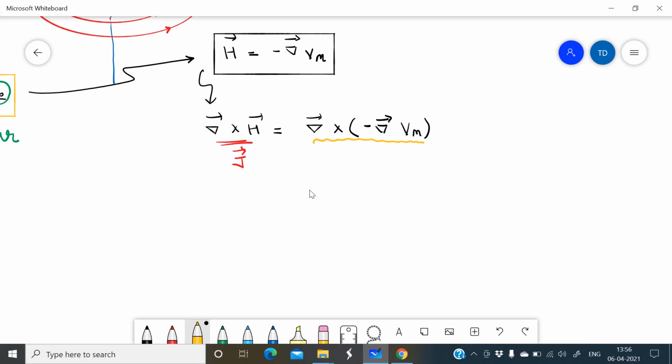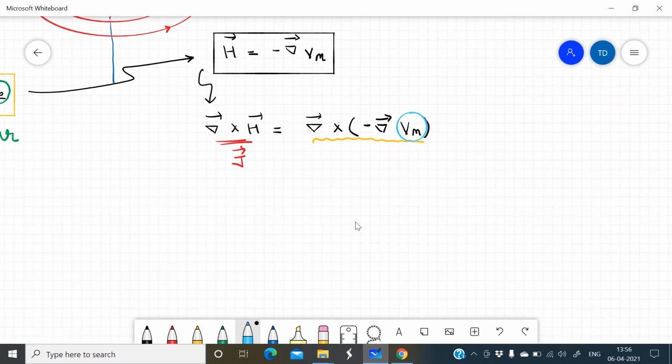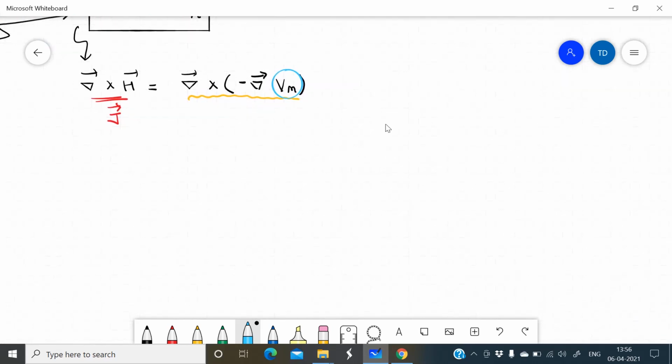So what does it mean? Let us understand this one. Here Vm is a scalar quantity, this potential is a magnetic scalar potential, and we have to find the gradient of the scalar quantity. What do you mean by gradient? Gradient indicates the rate of change of any scalar quantity. For example, I will take temperature. First I find the gradient of temperature. T is temperature, and I take the product of T with the del operator, so it's a gradient operation, a gradient of temperature.